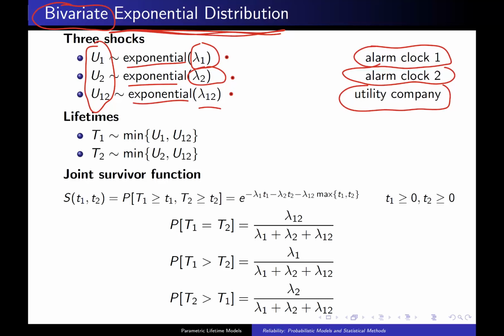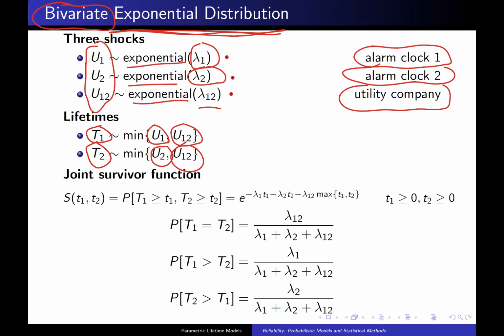So there are really 2 ways that first alarm clock can fail. Either it can just break overnight, or we can lose power. And the minimum of those 2 is the lifetime of alarm clock 1. Likewise, alarm clock 2 can break all by itself overnight, or the utility company can go down,